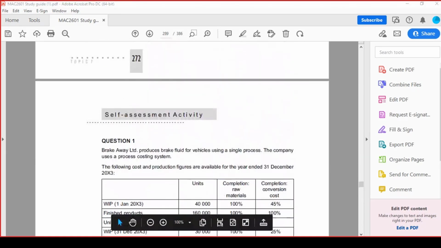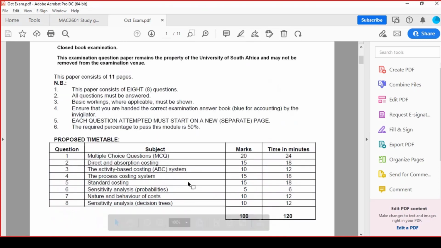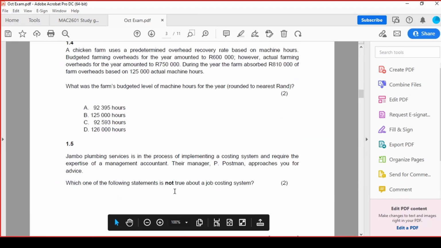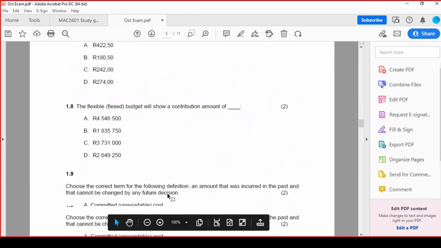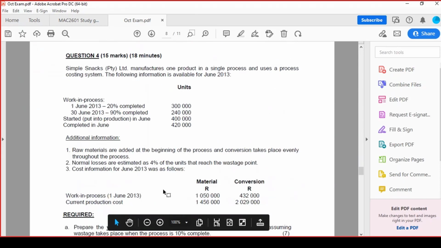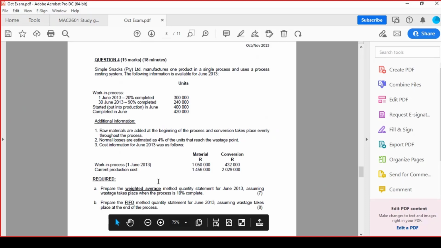Thank you, guys. I think you are familiar with this question that we did. Let's do the October exam. Last time I told you guys to not look at normal loss, but because of time, let's look at normal loss this time. It's process costing, and I'm still focusing on first in, first out, because weighted average is straightforward. Weighted average, I can give you as homework. You'll do it in your spare time, and next time we can just look at it quickly and make sure that you understand. But I just want you to get this first in, first out proper,